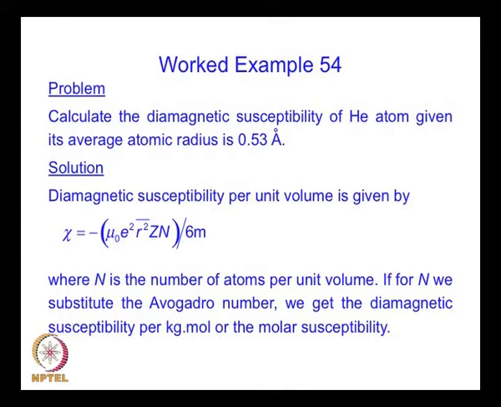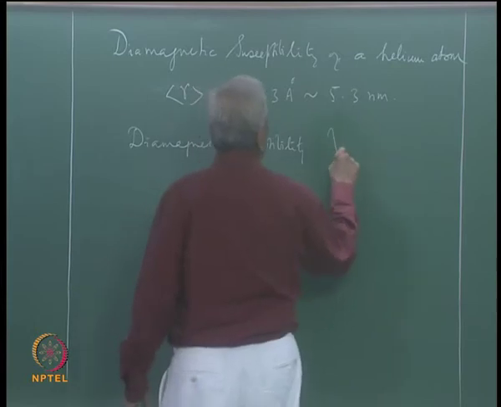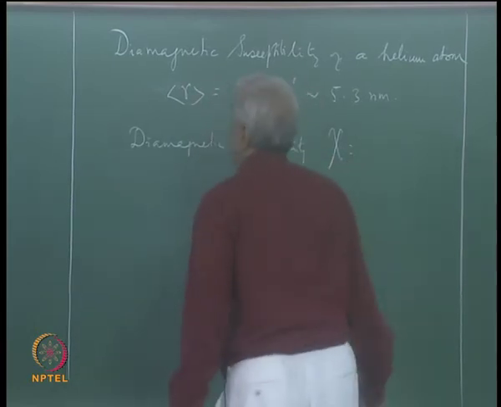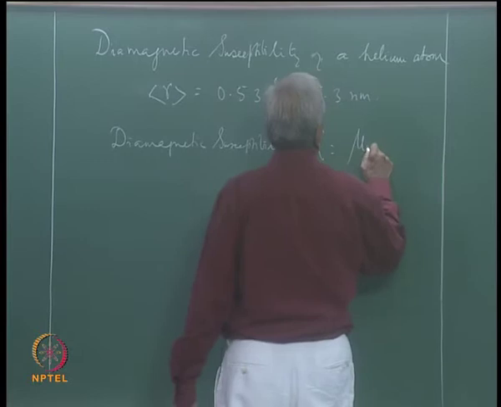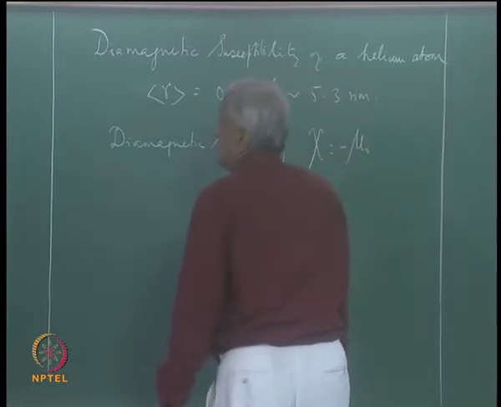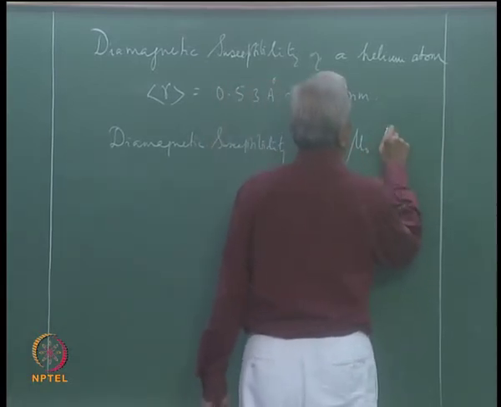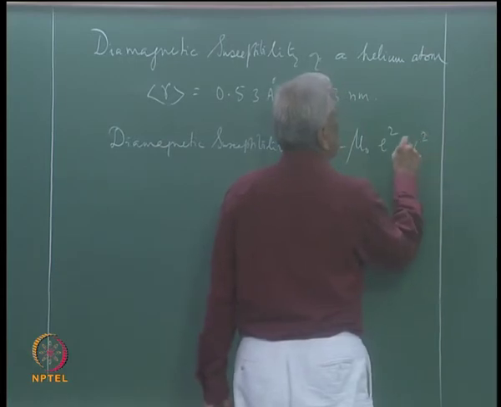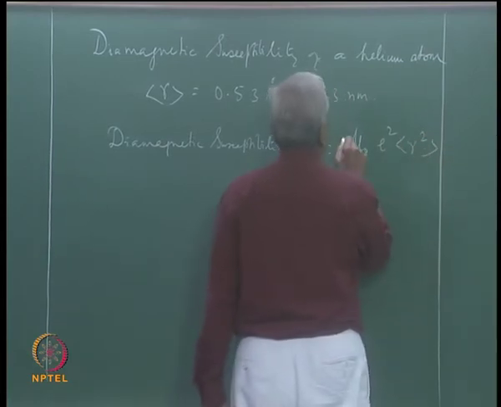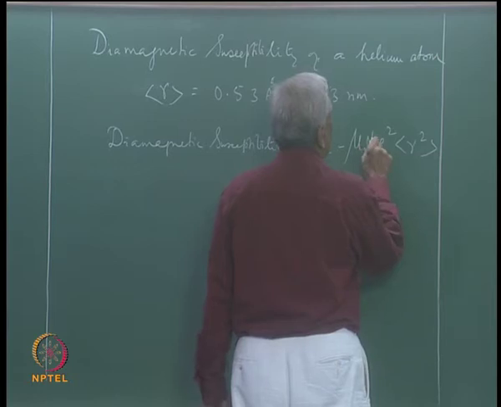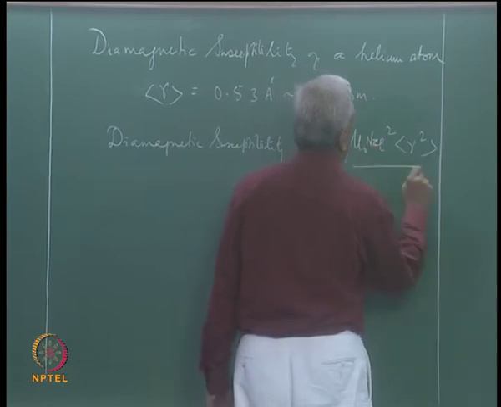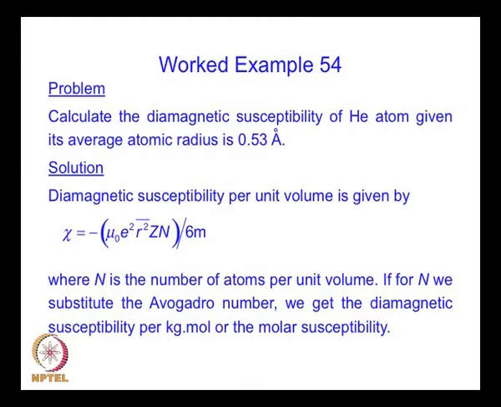We know that the Langevin expression for the diamagnetic susceptibility for any system, atoms or molecules, is given by chi equals minus mu naught e square R square into n Z by 6m,